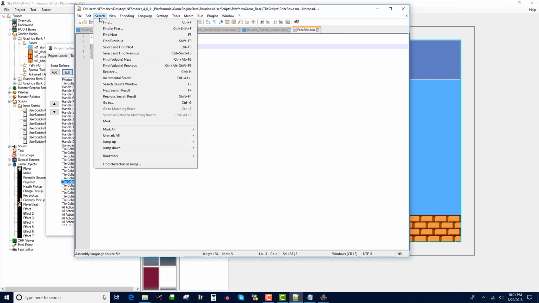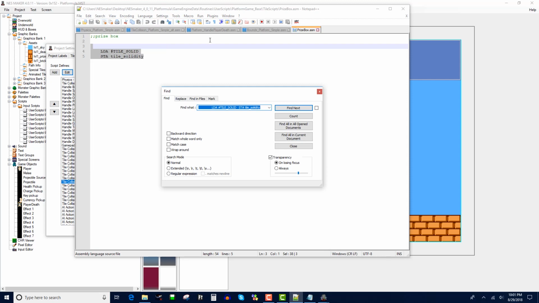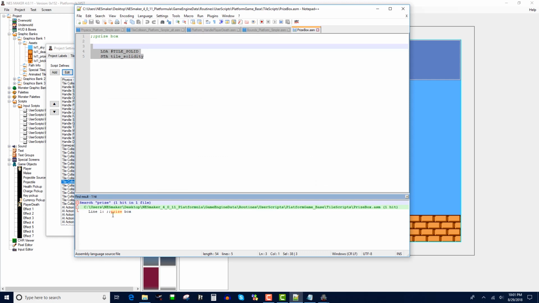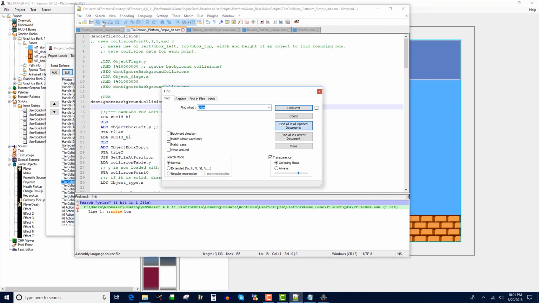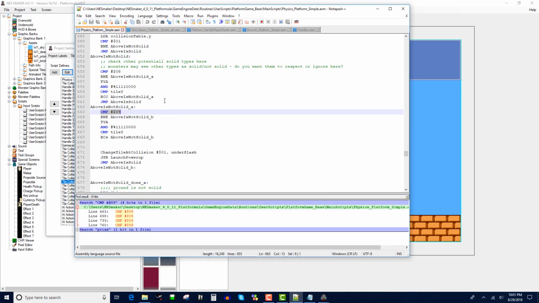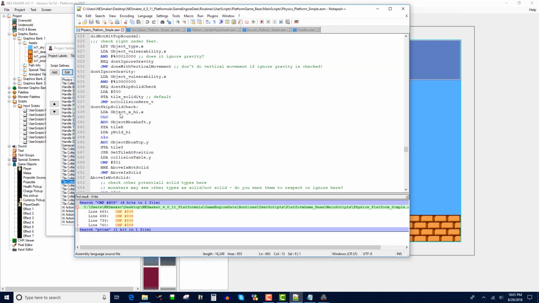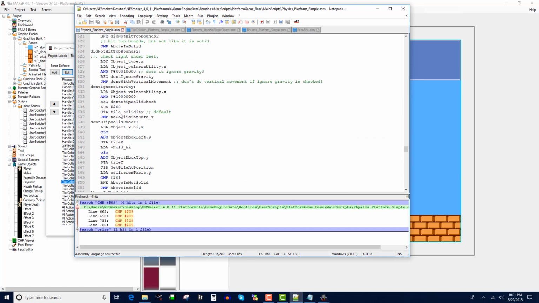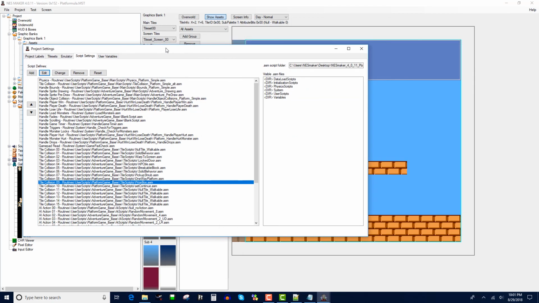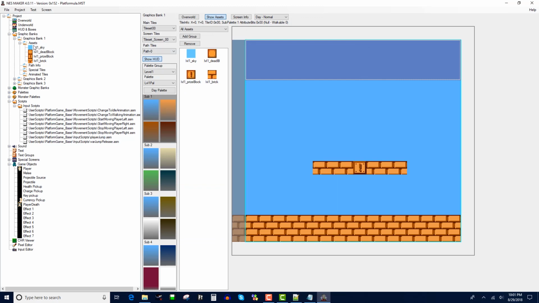So let's see if I can just look up with the codes that I have open, prize. I don't think I even have a prize box thing. Nope, I don't. What it is that that's 9. Let me see if there's a comparison to 9, because that's the 9th tile type. And there is. And there it is right there. What this whole code is doing is it's checking to see which objects are solid. And for right now, in this module, the objects that are solid are, if I look at their names,